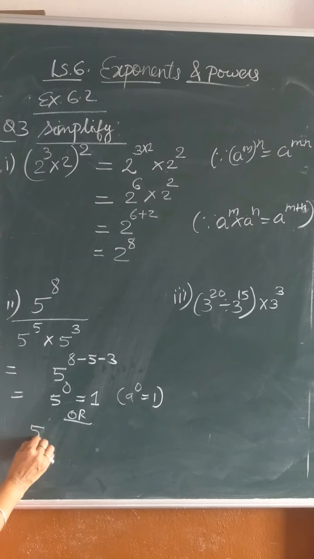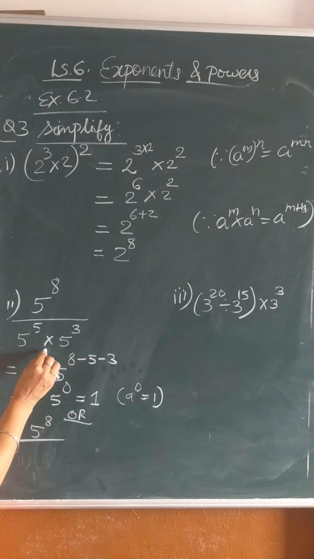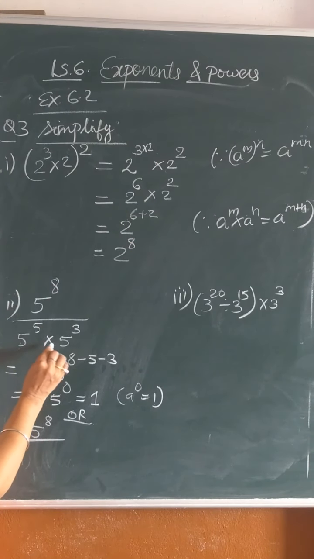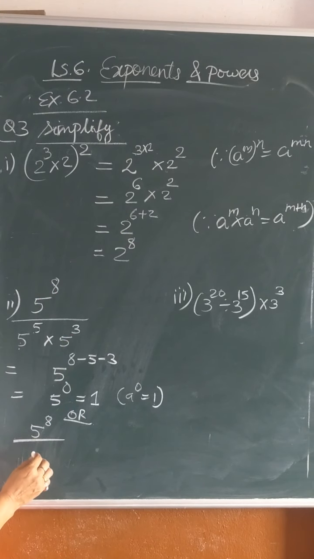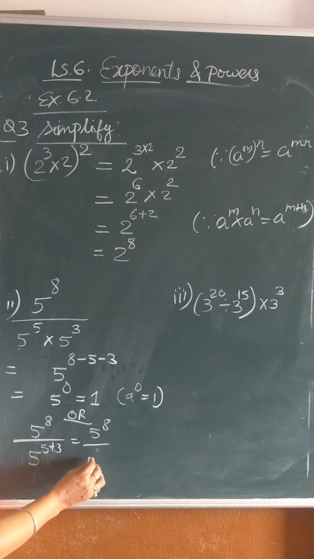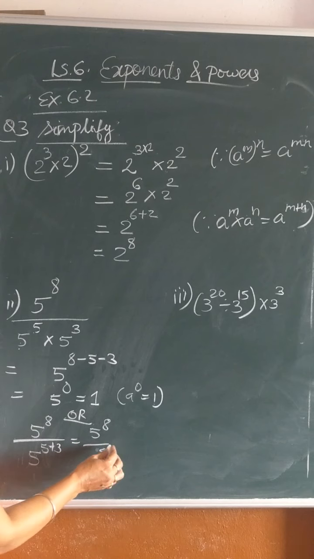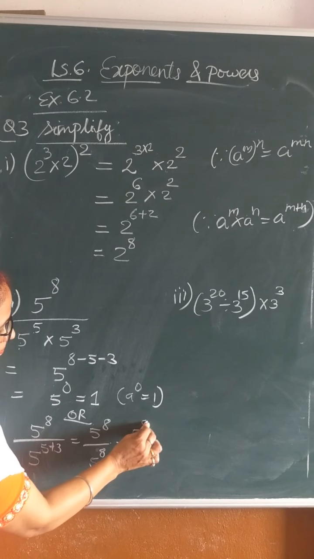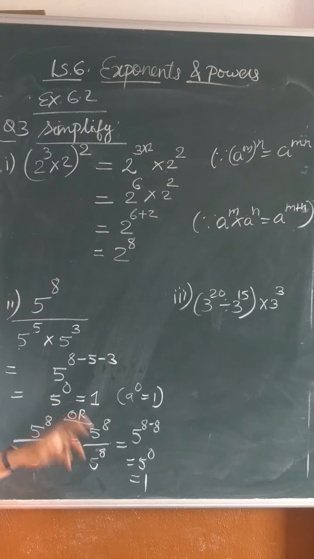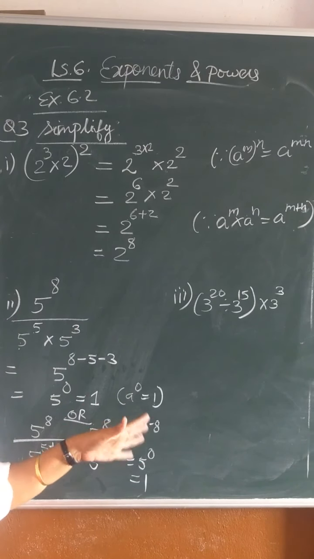See, numerator will be as it is first. Let me use the law here. Which law? This law I am using. This one. You can see the base is same and multiplication sign, so you have to add the powers. So what I will write here? 5 raised to the power 5 plus 3 is equal to. Just simplify. 5 plus 3 is equal to what? 8. Okay. Now again I can use the law. Base is same and division sign is there. So you have to subtract the powers. So 8 minus 8 is what? 0, and 5 raised to the power 0 is what? 1. So in this way you can do the sums.